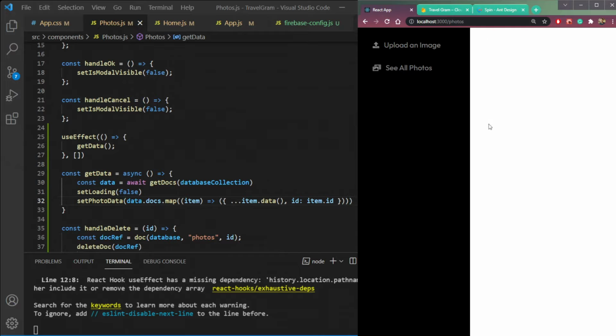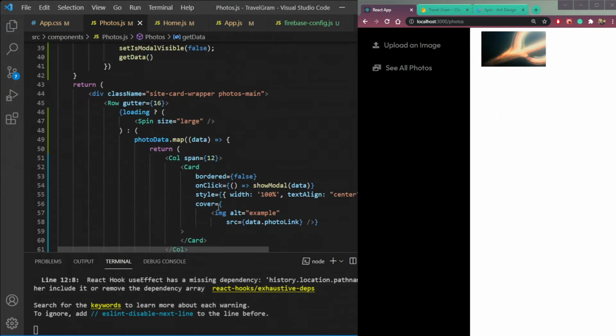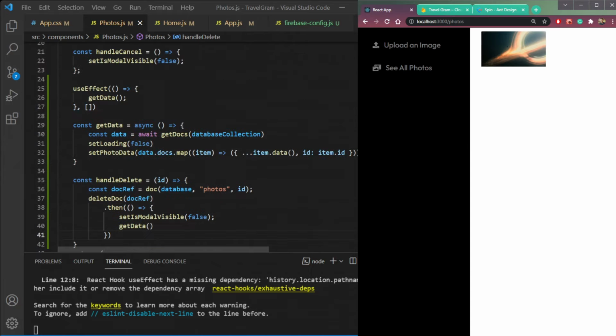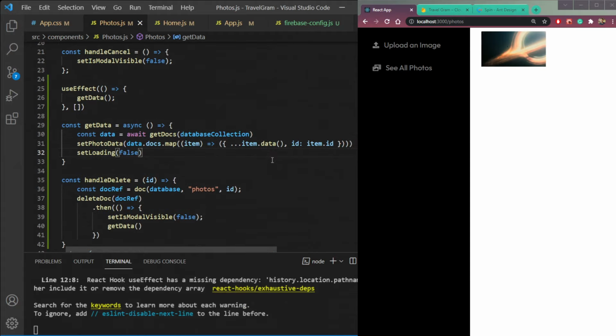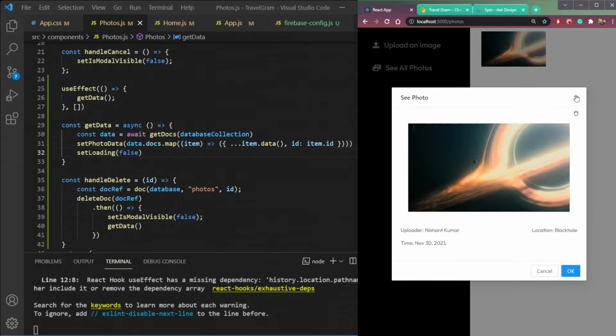So we are seeing this loader and then it goes blank and then this data comes. So what thing are we doing wrong here? So we have this const getData, this await. What if we put it at the last after setPhotosData? Upload image, then see all photos. Okay, it's now fine. We are getting this image here.